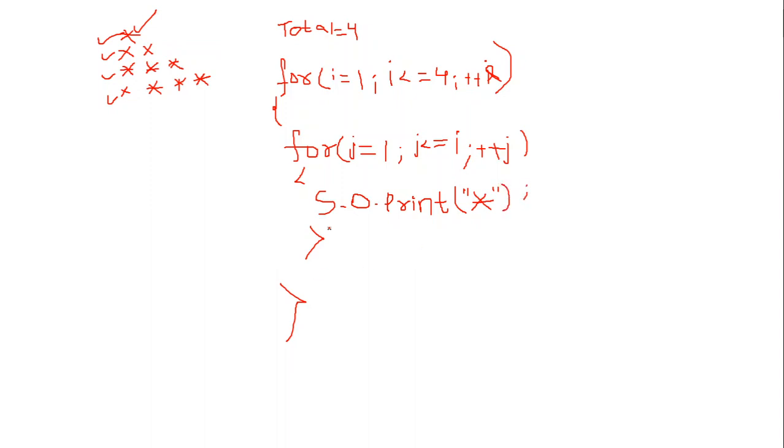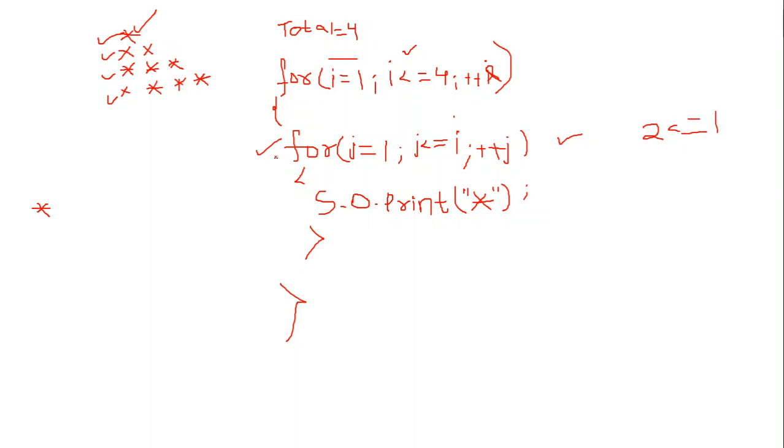As you can see, when the i value is 1, and 1 is less than or equal to 4, the condition is true, so it will go inside this for loop and print 1 star, as you can see on the left-hand side. This inner loop of j will run only once, because the i value is 1. After that j will become 2, so the condition will fail the second time, and it will not execute again.